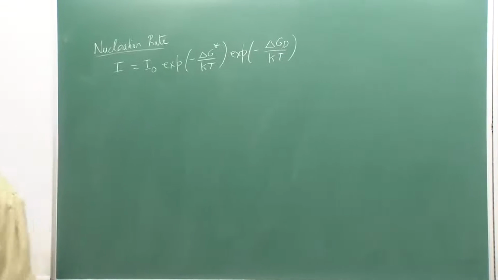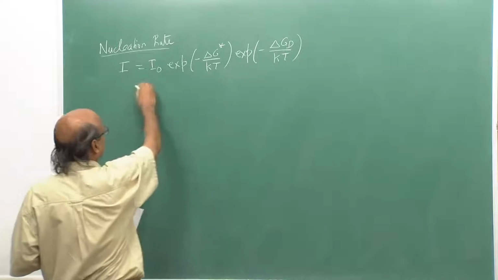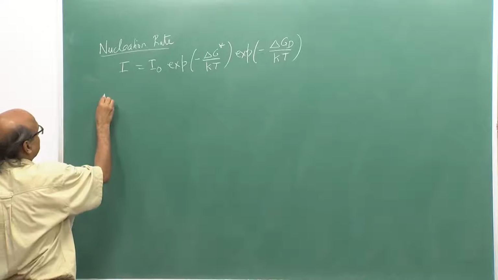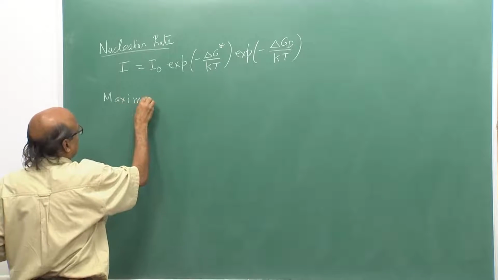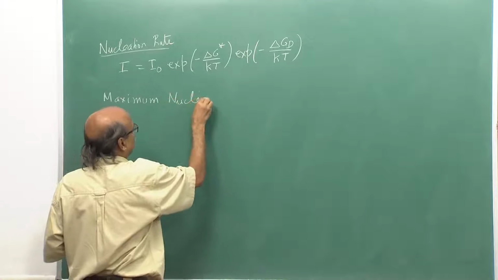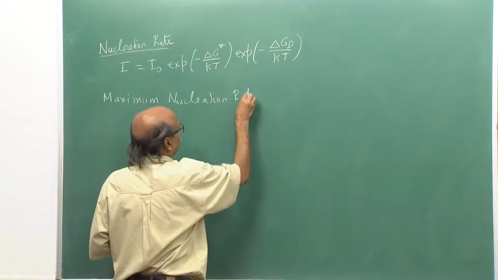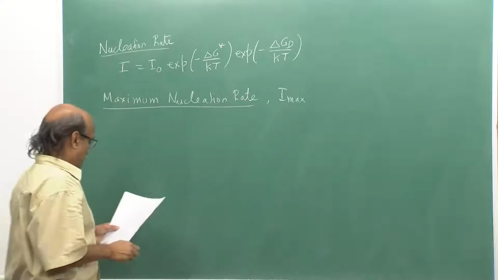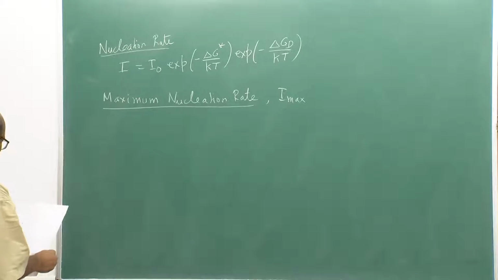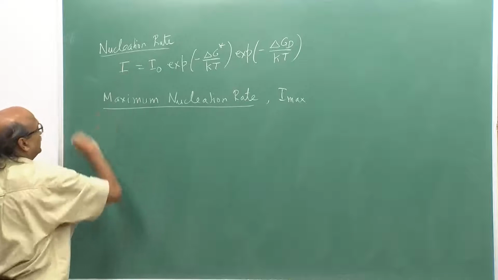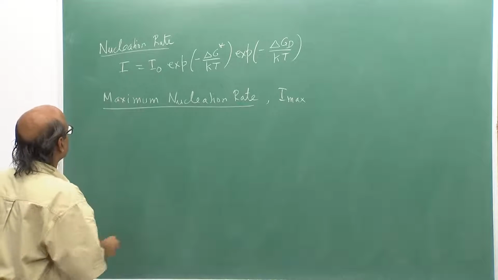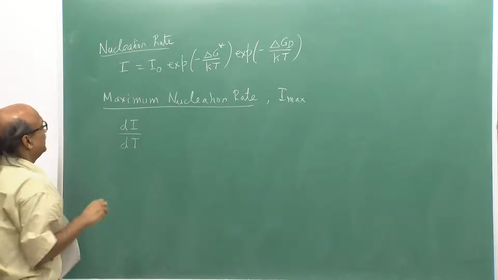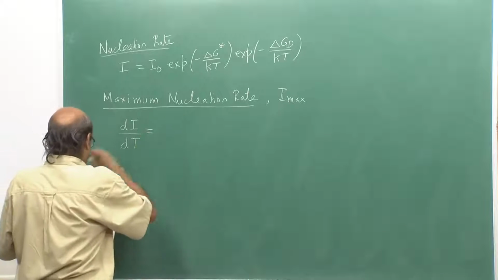So, we have the nucleation rate already written on the board, and I want to see whether there is a temperature at which I would get maximum nucleation rate. So, how do we do this? Well, all we have to do is differentiate the nucleation rate relationship and set that to 0. So, dI by dT, if I differentiate, this will become